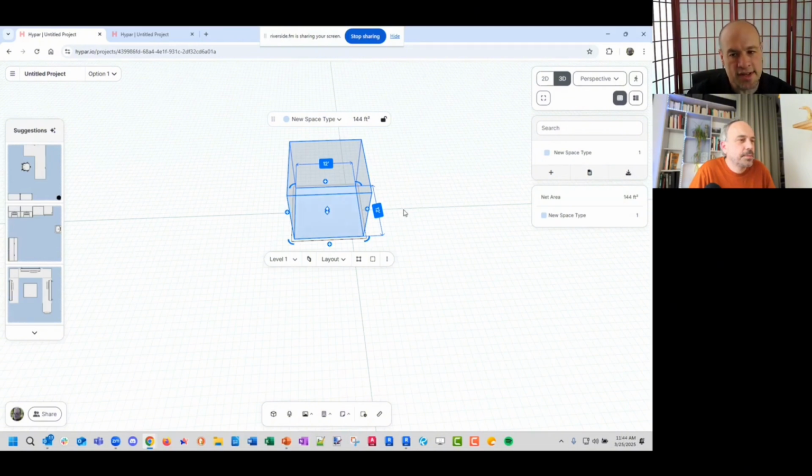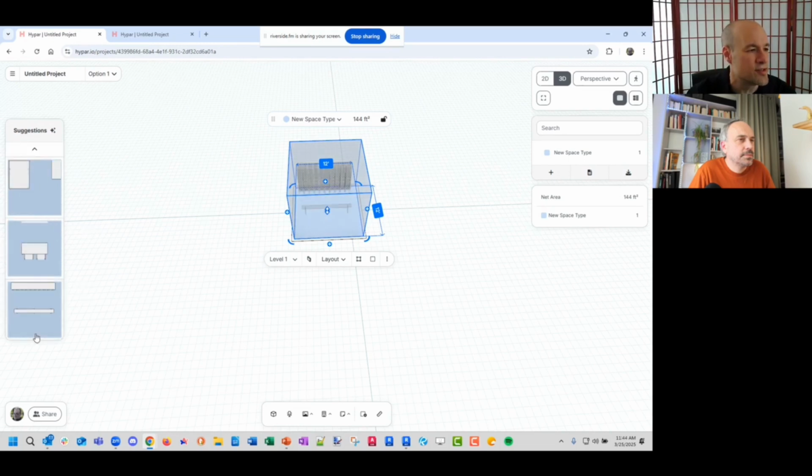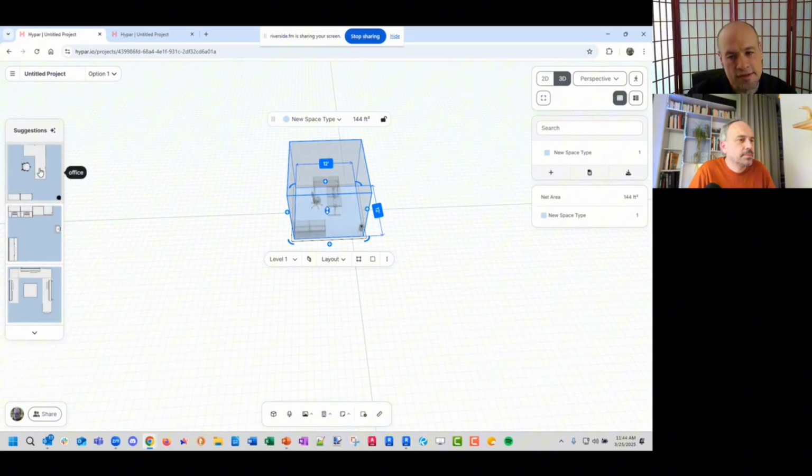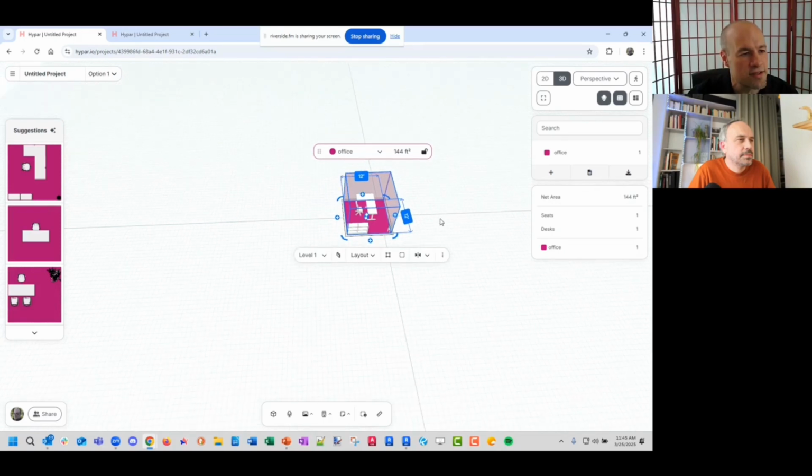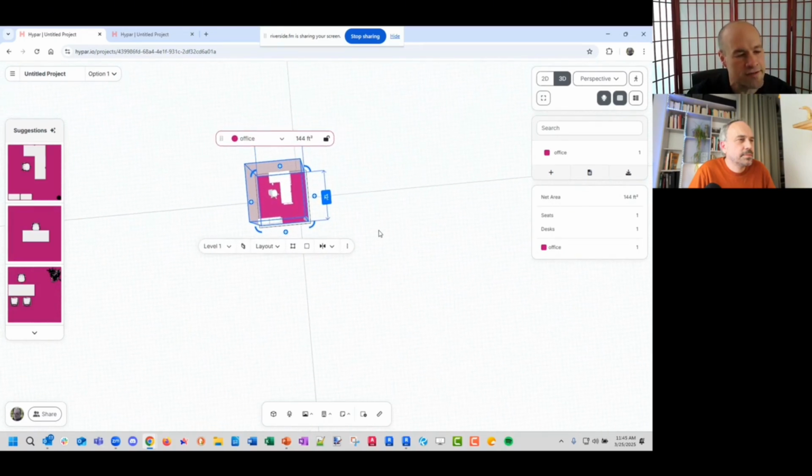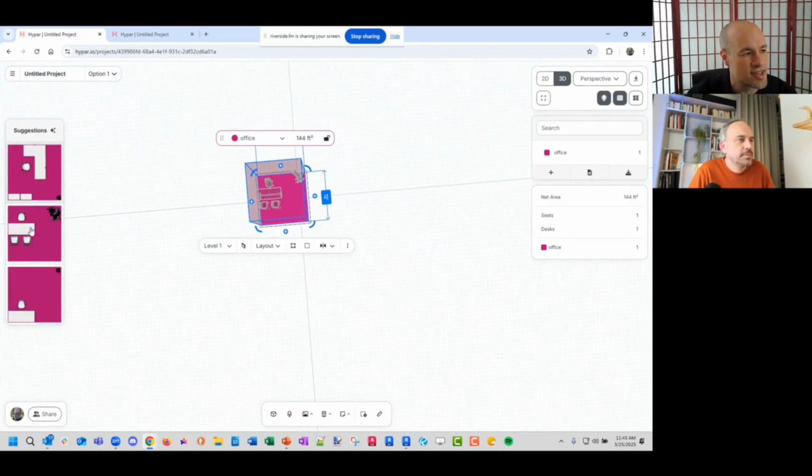Okay. Now you'll notice on the left, we have this pop-up. What the software is doing is, we don't really know what kind of project you're doing. So we're giving you a little menu of, maybe you'd like this to be an office, or maybe a medication room or a lounge. So basically representative types from different sectors. If I turn this into an office and it gets furnished thusly, now I've identified as an office, and I'm getting even more suggestions that relate to offices.